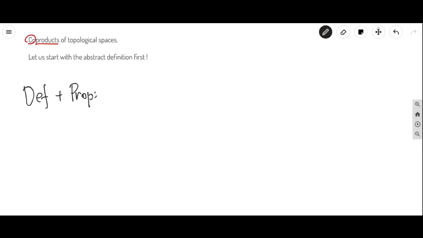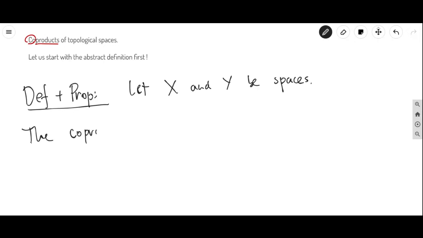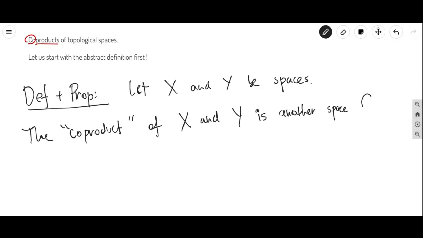There are two things happening at once. We're going to define something, but the definition depends on a certain fact, so these two things go together. So let X and Y be spaces. The coproduct of X and Y is another space, let's call it C for coproduct, such that